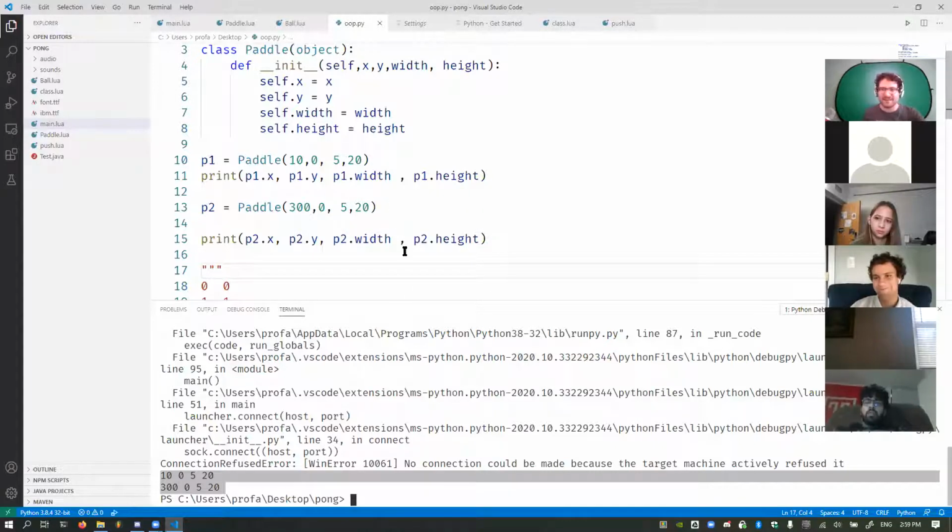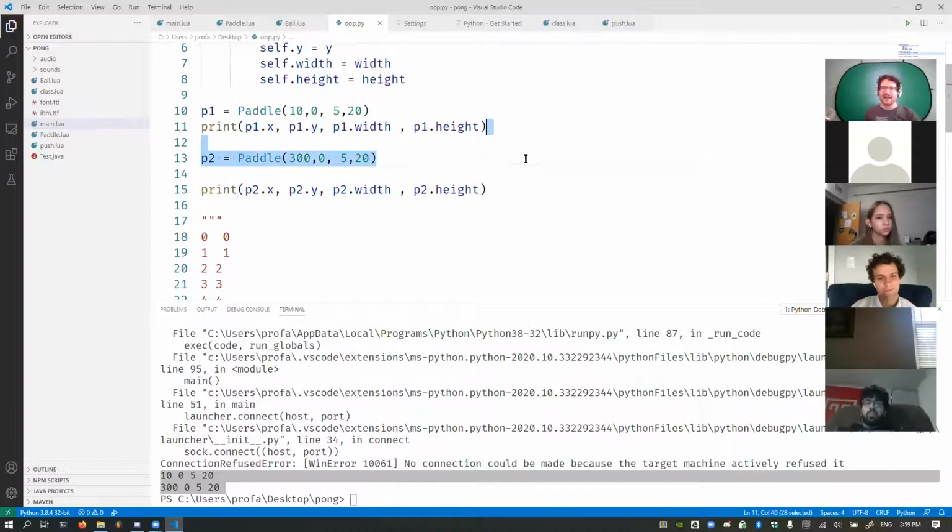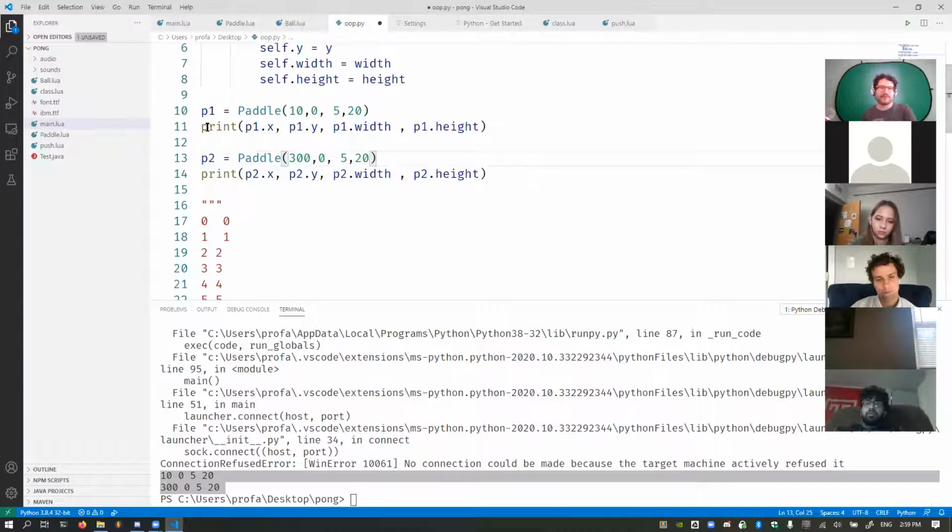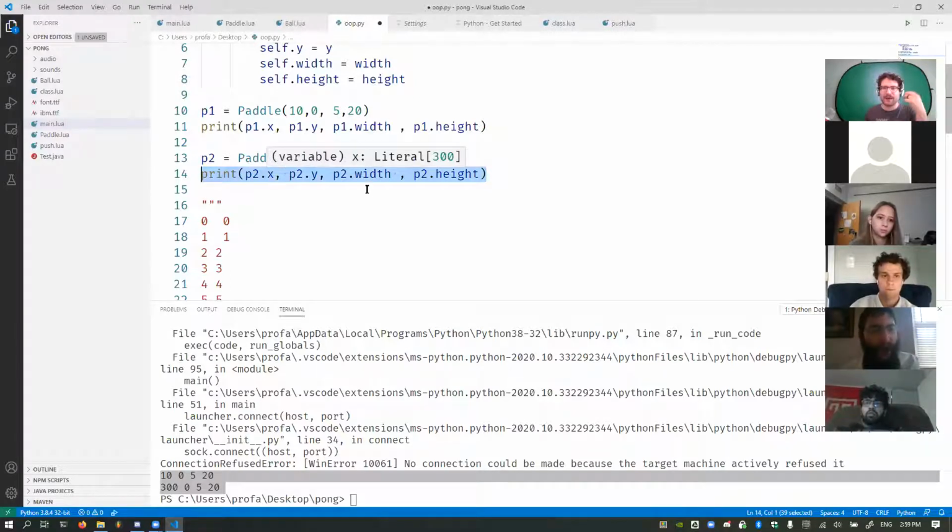All right. So what we have here is, if you haven't noticed from this running, we've got P1, P1, P1. Basically, we print out all the aspects of P1. We print out all the aspects of P2. So we have these variables over here that are each accessible and they're each independent, right?